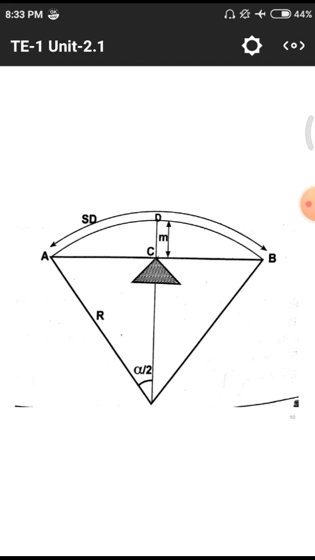These things are explained in the pictorial representation. A and B are the two points. At points A and B we have widening in terms of meters. SD is the transition length of the curve and alpha is the angle. C is the center point. R is the radius connecting two lanes with equidistance. From A and B we have equal radius, meaning on both sides of the curve we have equal radius. R and R are equal. This explains the previous conditions.